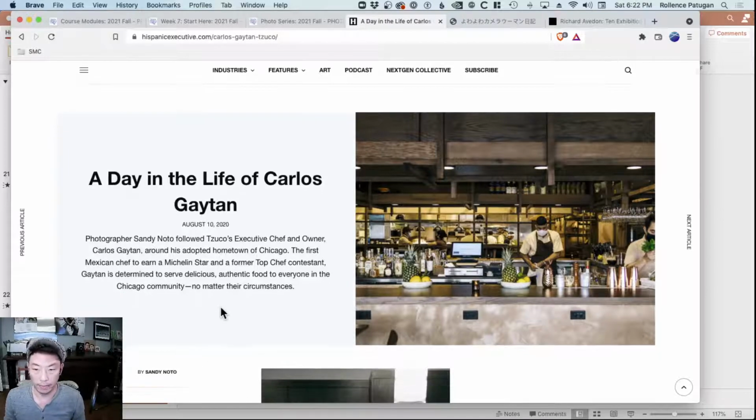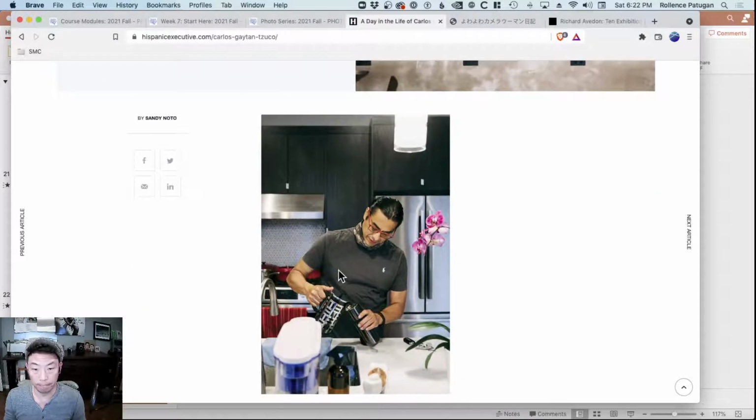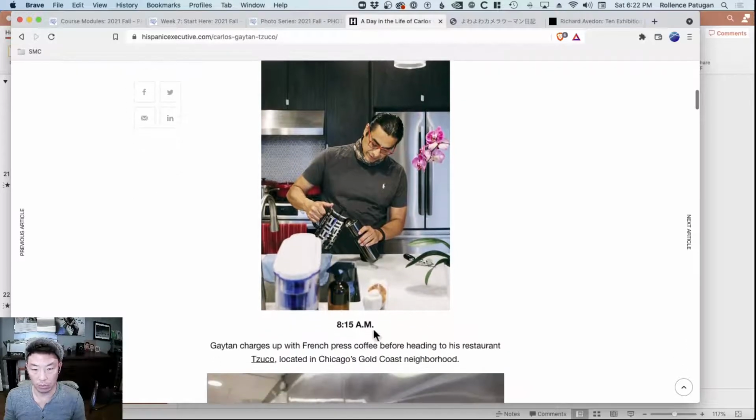So now your assignment, it's not necessary for you to do this write-up. It's just purely the images. The images are going to tell the story themselves. So just letting you know that. But it's kind of nice that they have this little write-up on this website to give you sort of context. So here's the very first shot of the day, and it was shot